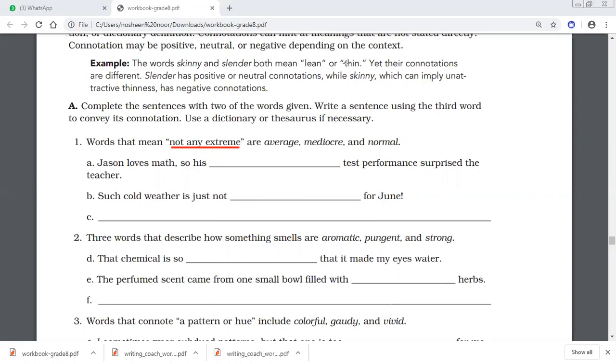And we have three words having the same meaning, which are average, mediocre, and normal. Now, all of the three words have almost the same meaning, which is not any extreme,